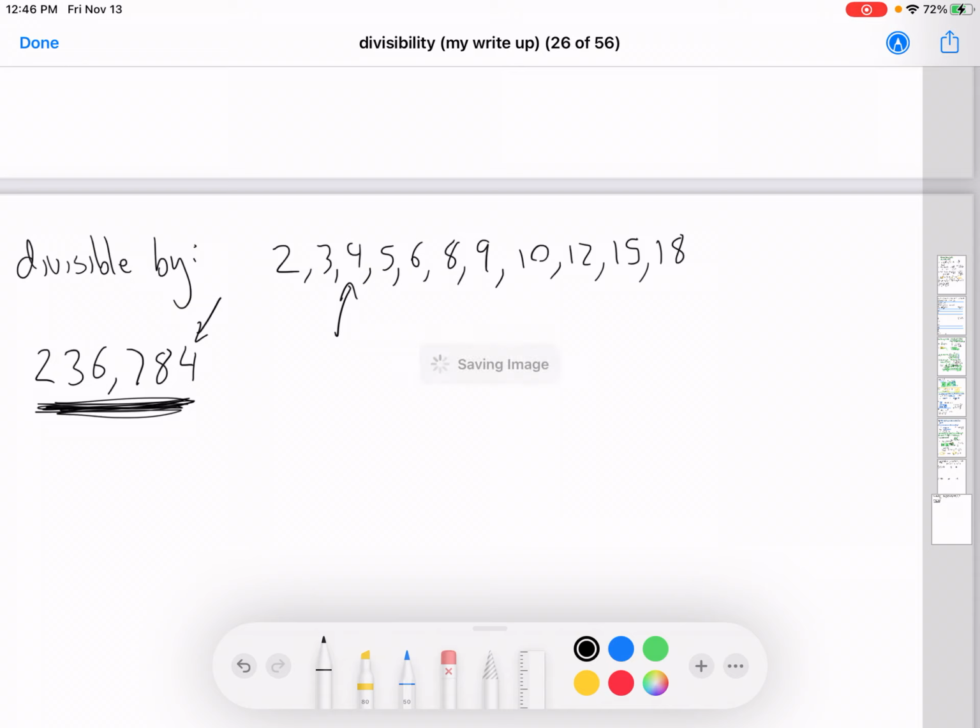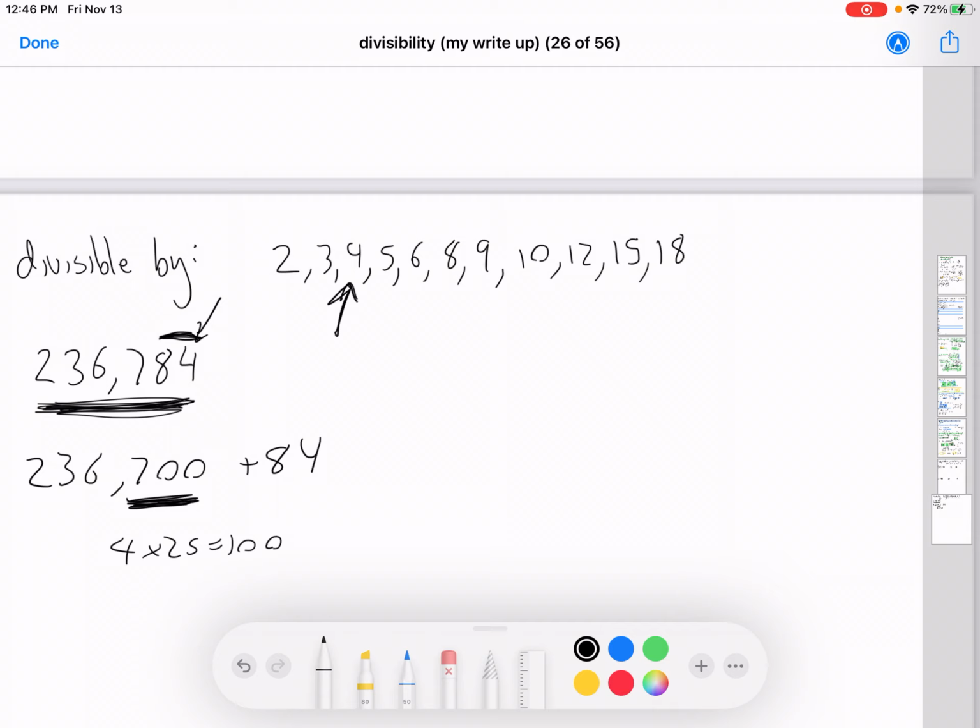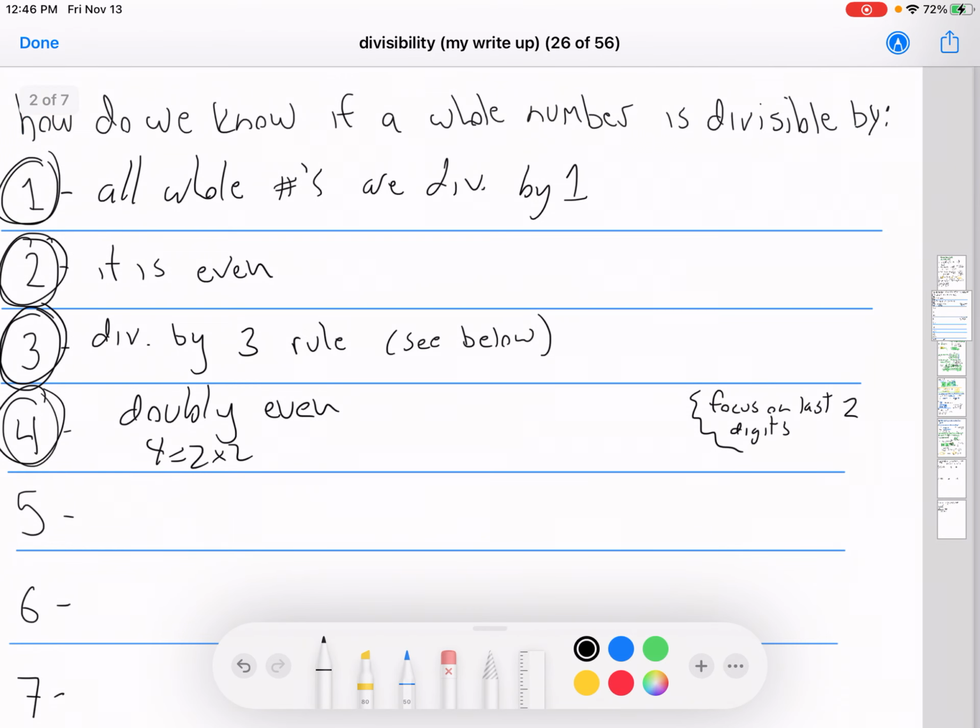But we only need to actually focus on the last two digits. Because once you take off the last two digits, you get 236,700 plus 84. And these are in the hundreds, and all hundreds are divisible by 4 because we know that 4 times 25 equals 100. So this is automatically divisible by 4. You only need to check the last two. So you really only need to focus on seeing if the last two digits are doubly even, because the rest of it will be. Number 5,